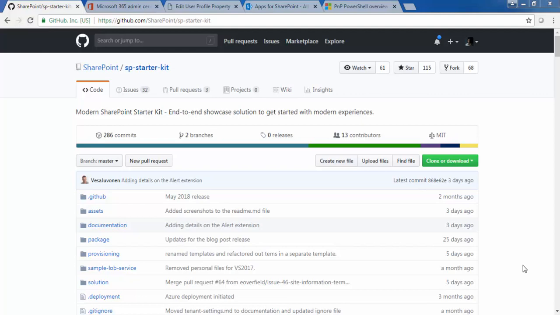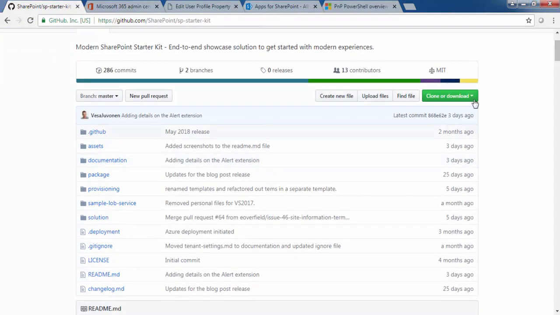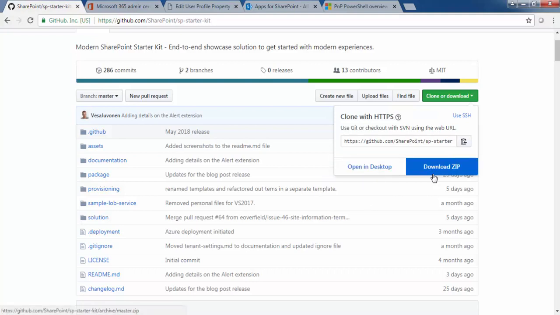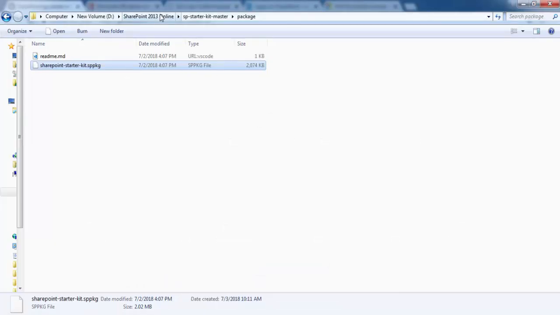So now this is my second part on the modern SharePoint starter kit. So how can we create it? As you see, first of all you need to download or clone this from this link, and you can open it in a desktop or download it as a zip. Once you have downloaded it, I have already downloaded it, you will see